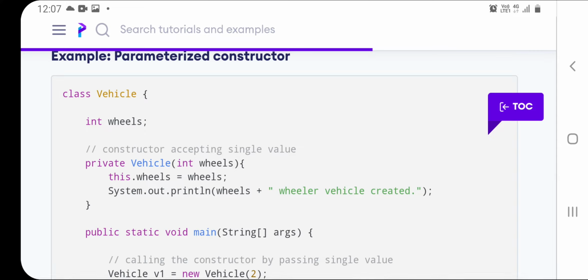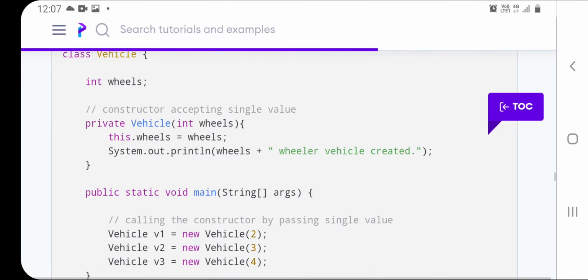Why is it given as private? Because in the same class, the main method, public static void main, is also going to be defined. Because of that, the constructor is given here as private. In the constructor, there is an argument int wheels, which is passed to the constructor. this.wheels means the current class where it is used. The current class is Vehicle, so in the current class there is a variable wheels, and that is specified with the statement this.wheels = wheels.